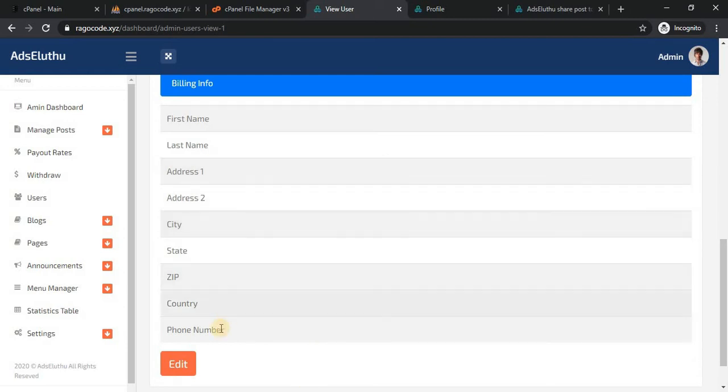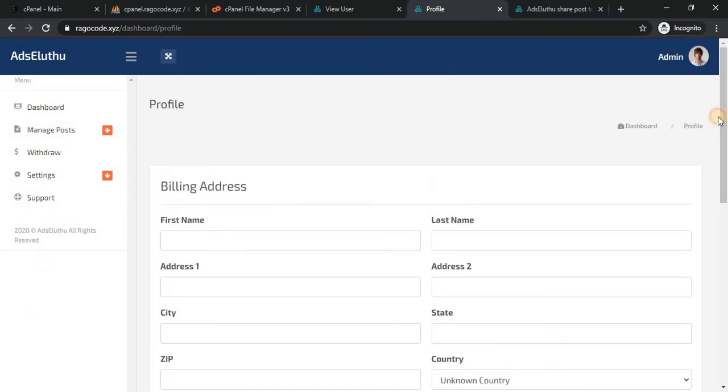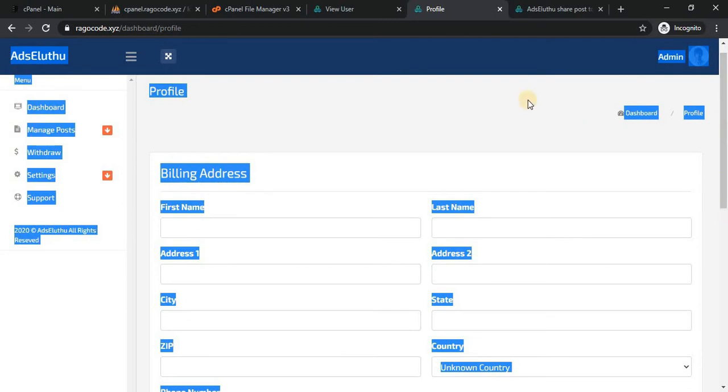All you can see and edit. The user entered in the profile page.